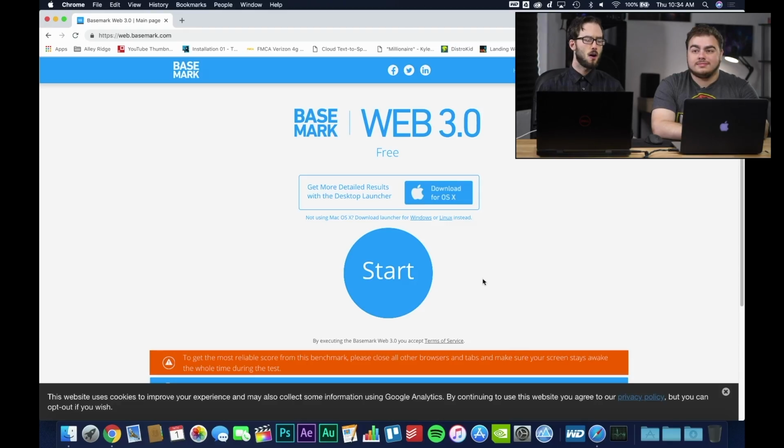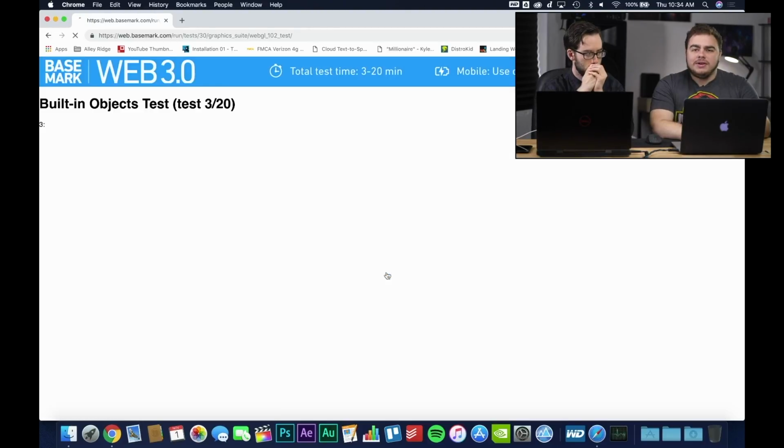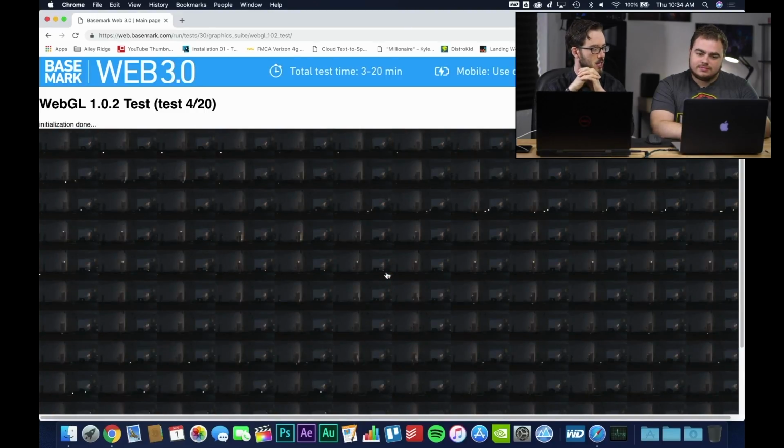All right, so we have the benchmark all fired up. Trevor's going to hit start, and I'm going to also record the time. Okay, count me down. 3, 2, 1. This is a very interesting test. Most certainly. We are about 10 seconds in. 4 tests have been done so far.